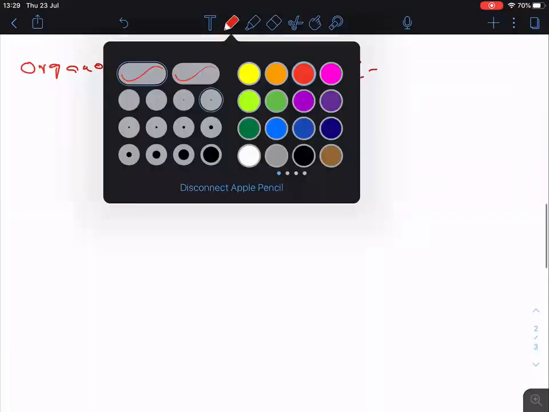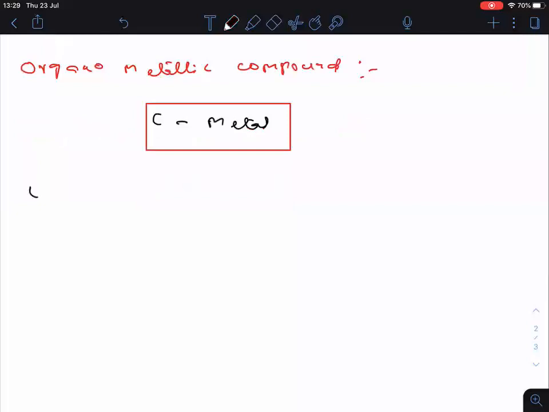So now let us take some examples. Let me take the Grignard reagent only. I think you know Grignard is RMgX. So here R means what? Carbon. Carbon is directly bonded to magnesium, so it is an organometallic compound. Clear? Now let me take R2Zn. This is also an organometallic compound. R means carbon here, directly bonded to metals like zinc.